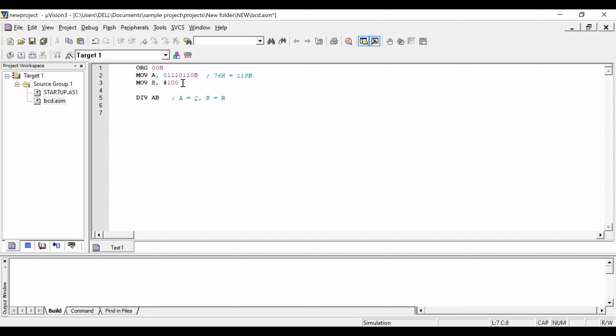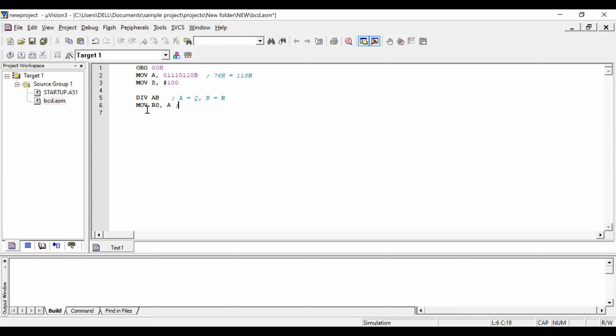So now I have done my first step. In the first step I have just divided. What I want to do is take the quotient value in the accumulator to some other register, so I'm just moving that.